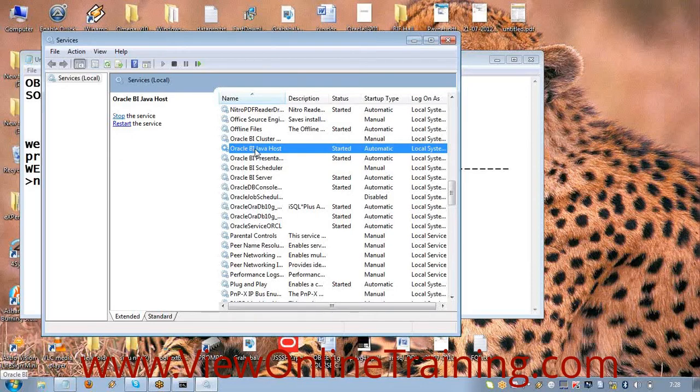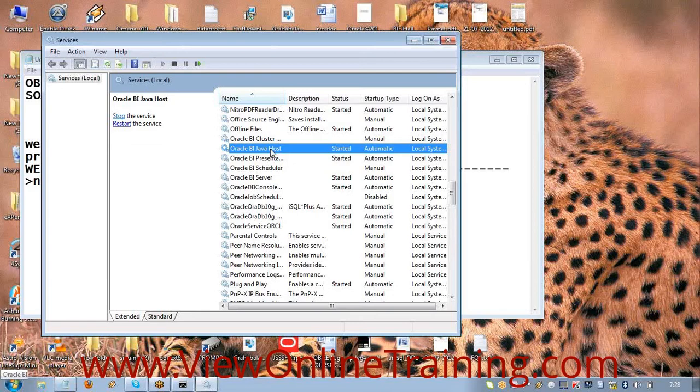So similarly, the Java host server. The name itself says that it is going to host the required Java for other servers. Every server needs Java, because all the services are based on Java.